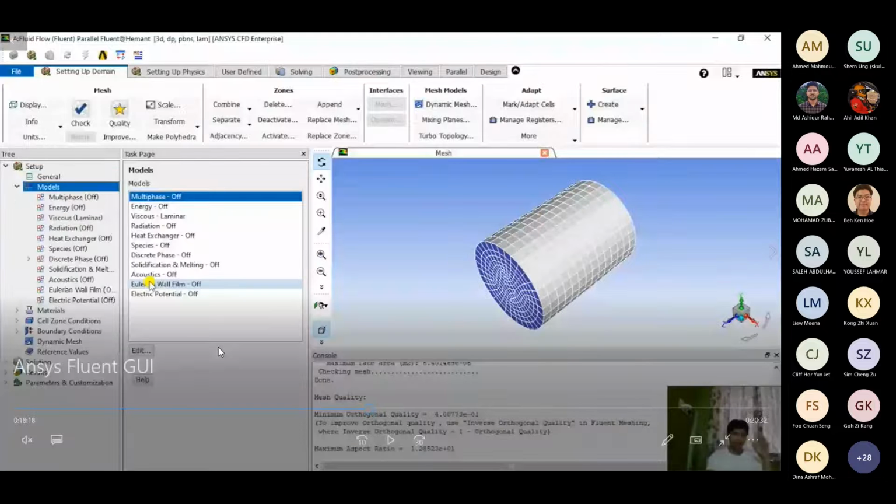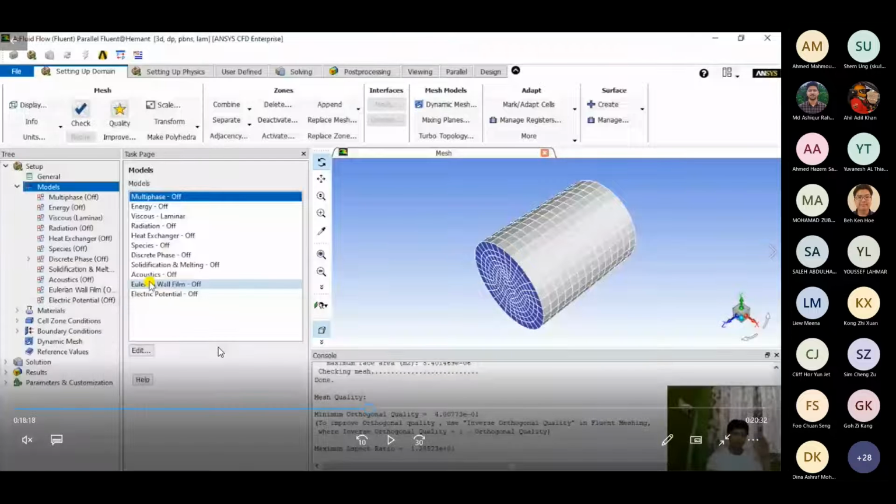So that's another thing to take care of. Basically, it adds another variable to your calculation, and that just increases your computational time. So if you are running a simple simulation, such as laminar flows, you don't need gravity. Based on the type of analysis, you can choose accordingly.